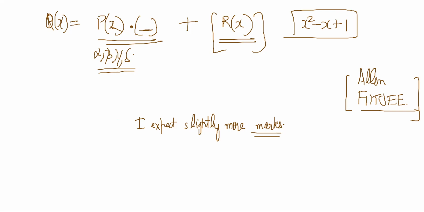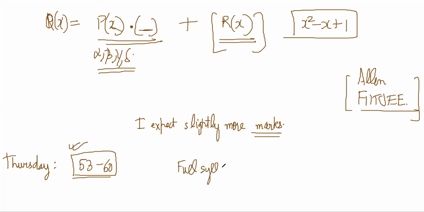Try 53 onwards to 60. Tell me the answers on Thursday. Thursday class, before the class, tell me the answers from 53 to 60. Okay. Next week, again, there will be a full syllabus test. So your full syllabus revision should happen. And Sparsh, this 11th standard stuff, you cannot be like, I don't know anything in 11th. You have to do it. Prepare properly.